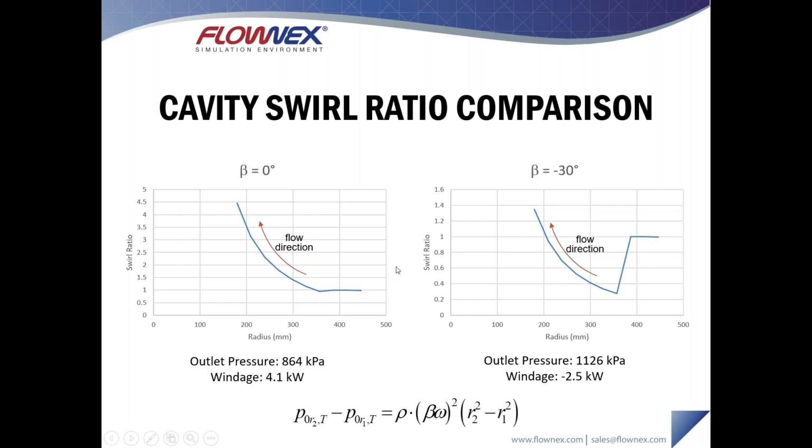Looking at the results like this, especially looking at the swirl ratio, really helps to understand why the sensitivity analysis is showing that large angles or large backswept angles produce lower pressure drops. You might also think that a smaller backswept angle and a higher exit velocity would have the same effect. Essentially, the higher exit velocity and the lower backswept angle may contribute